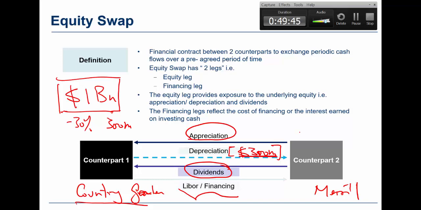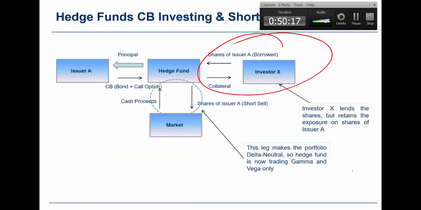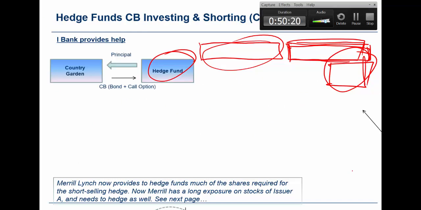I think the lesson from a story like that is, even if you are in charge, even if you are the owner, it doesn't mean you have all the answers on your company's share price. There are things beyond your control, and you can also get it wrong. Okay, that's what I found. So that is the equity swap. If you understand this, then you can understand how this works.